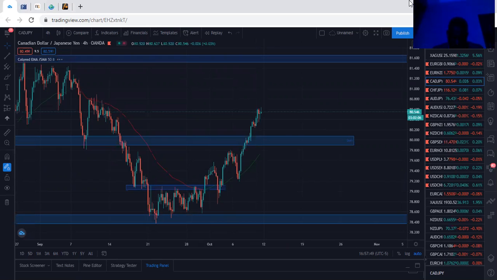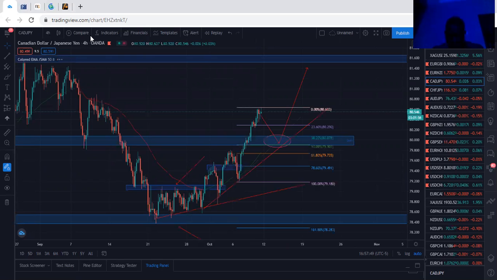And so on the H4, I'm not going to go to the daily and all that. So you can see here CAD JPY. On the H4, probably after marking up your levels and all your zones, you will have a chart that looks similar to this. What I'm expecting on the CAD JPY is price to come down to the previous resistance level that it has broken out of. As you can see here, it was support.